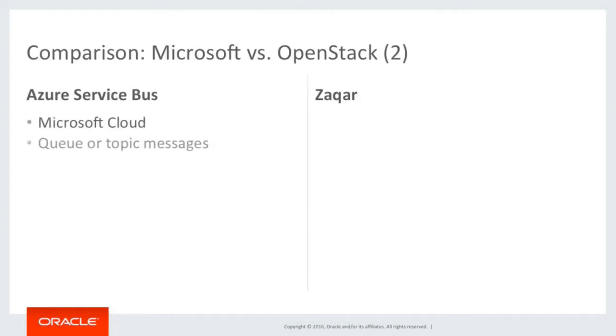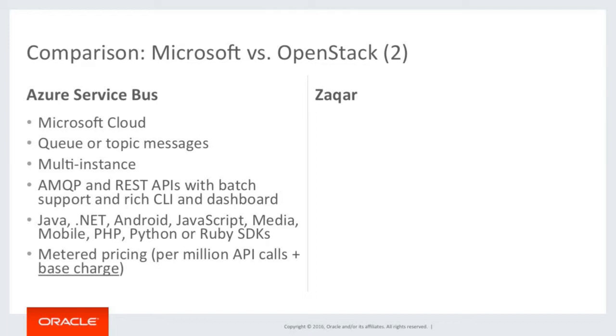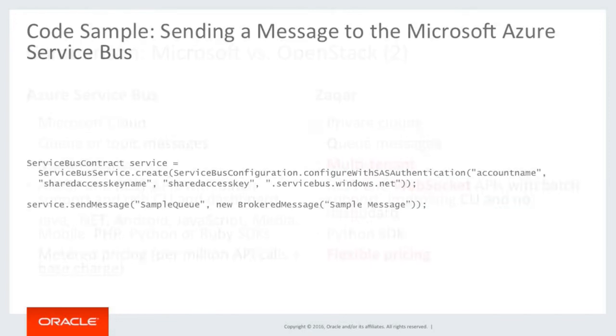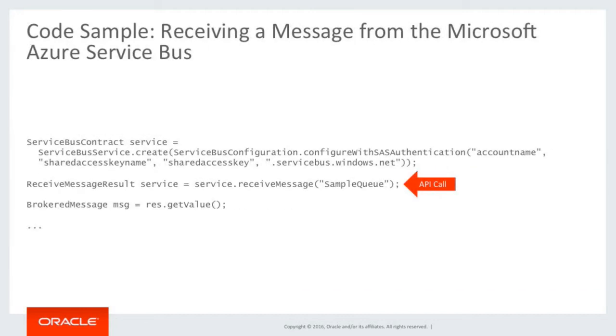And this is the last one. You have the service bus, just like the Message Hub is more sophisticated than MQLite for IBM. The service bus is more sophisticated than the Q service for Microsoft. Microsoft also has SDKs available for everything, and very good documentation for all of them. They support both AMQP, like IBM MQLite, and the familiar REST API. That's also a good thing. And another interesting thing is that in addition to the API call, they have a base charge. They're the only ones that have that. So 1 API call to send, 1 API call to receive.